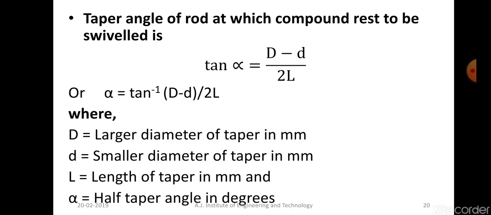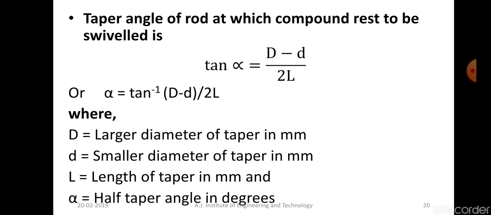Capital D is the big end diameter, or the larger diameter that is required for the workpiece. Small d is the small end diameter, or the small diameter that is needed. As I have given you an example of reducing it from 25 to 20, that means 25 is capital D, 20 is small d. What is L?